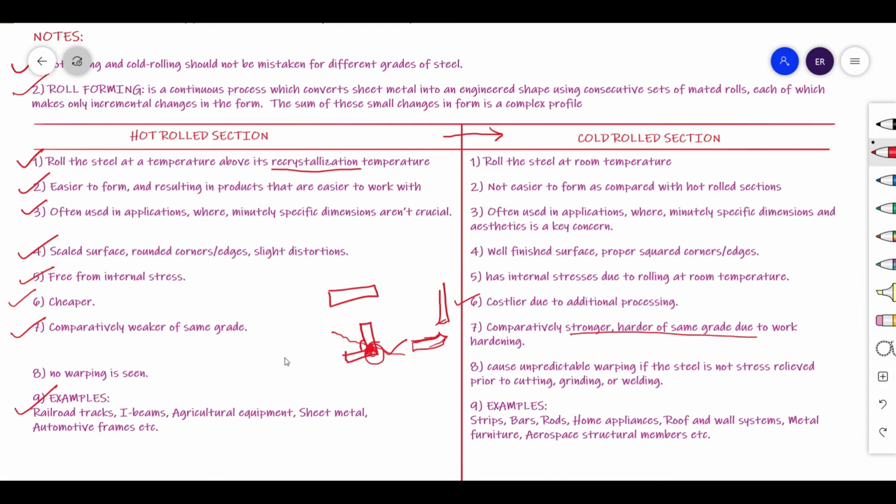But for strips, bars, rods, home appliances, roofs and wall sheets, like metal deck sheets, metal furniture, and aerospace structural members, where you require high precision, I mean very little tolerance is allowed, this is why we have to consider cold roll sections for these kinds of materials.